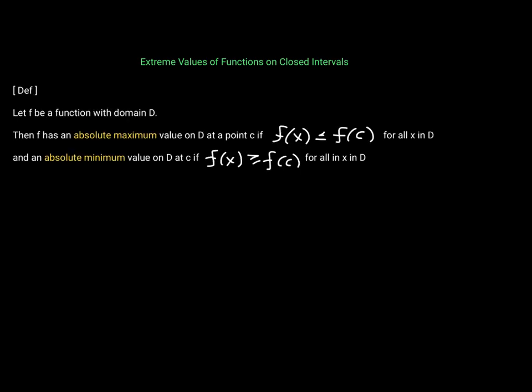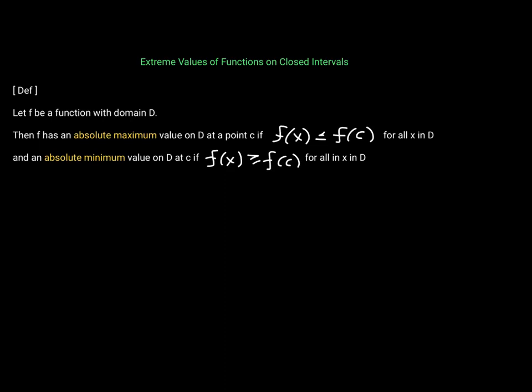Here we have the definition for what it means to be an absolute maximum or an absolute minimum. So first, we have a function whose domain is D. F is said to have an absolute maximum value on that domain D at a point C. So C is where the absolute maximum is located, if you can show that f of C is greater than or equal to f of x, for all x in that domain,